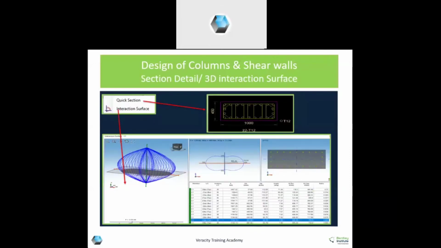Next is when you design and you want to check whatever is the interaction ratio, you can have quick section, like you can have the detailed drawing of that. You can write it on the design table and you can get quick section as well as interaction surface. Generally,